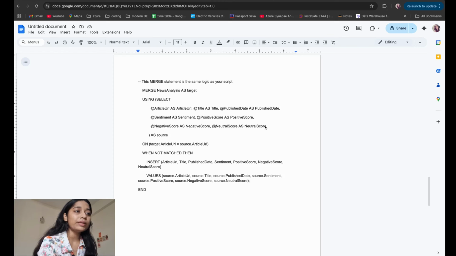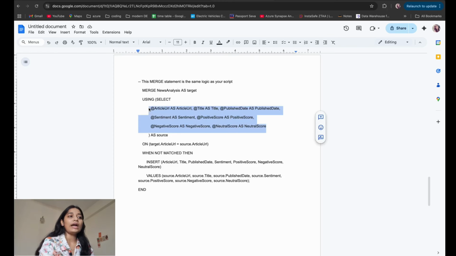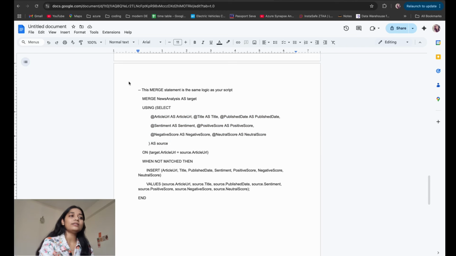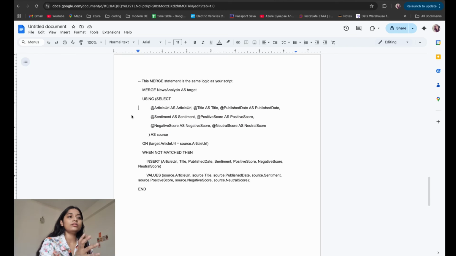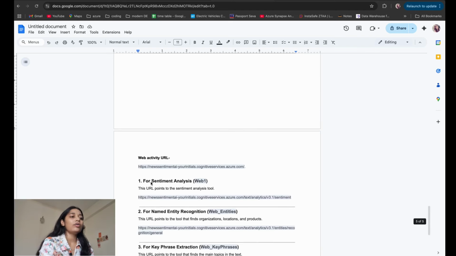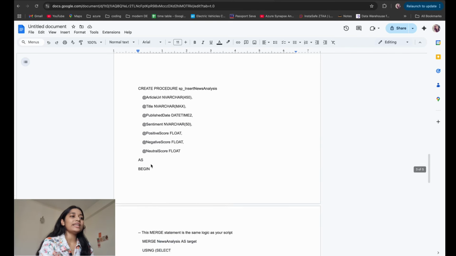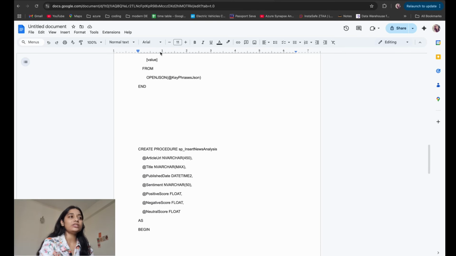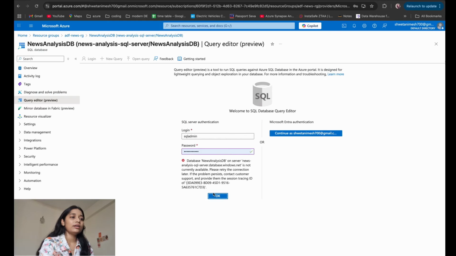This source will be the newly fetched article, the data of the newly fetched article, and the target is the already present data. Then when we compare, if not matched, then we will insert this, and if matched, then we will ignore. Okay, so in this we will create these 3 tables and these 3 stored procedures inside our